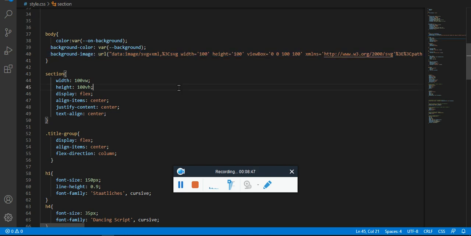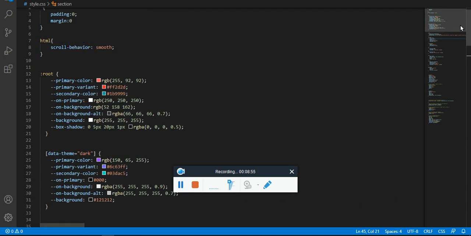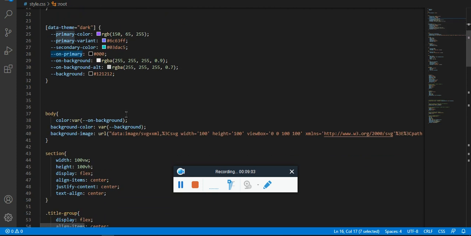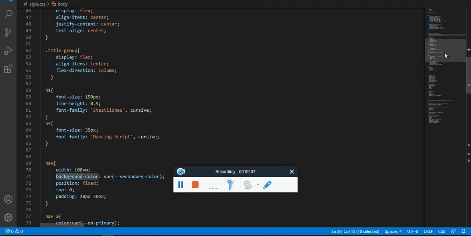Just to give you the reference, wherever the background color and the text color are used, I have used the CSS variable, not the hard-coded color.